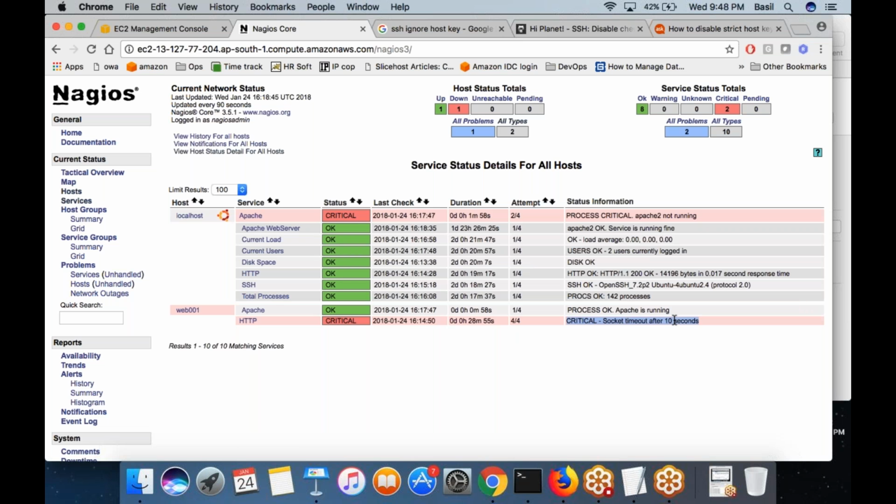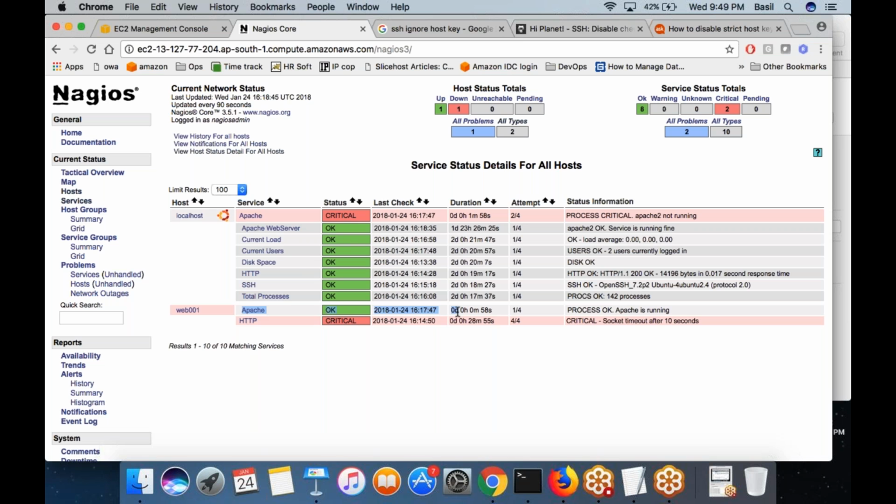SSH connection got timed out. How is that? Sorry, take a look at this Apache. It is marked as OK, right? It's working fine for the web 001 machine.